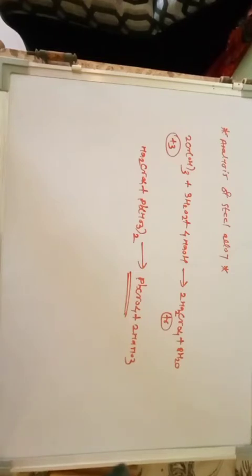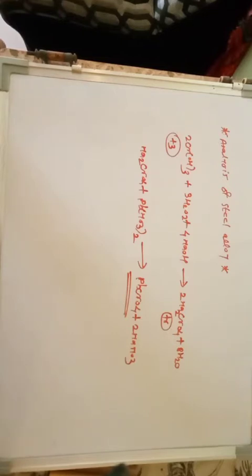After that it will interact with ammonium hydroxide and then convert into their hydroxides. After that the Fe hydroxide is converted into iron oxide, Fe2O3, with the help of heating, and the chromium hydroxide, which is in +3 oxidation state, is converted into hexavalent chromium, that is Na2CrO4, sodium chromate, with the help of NaOH and H2O2.